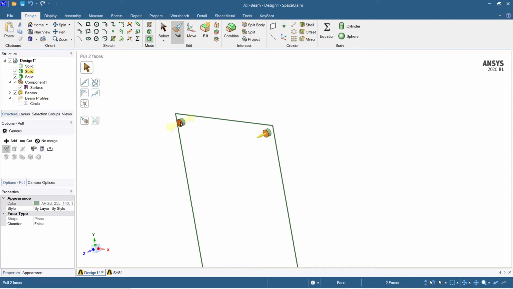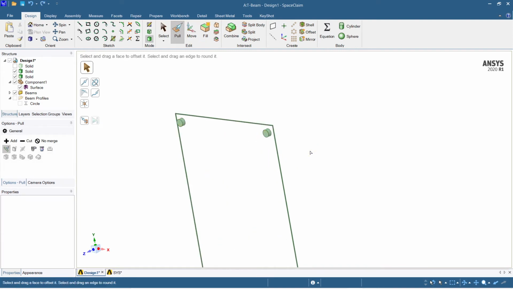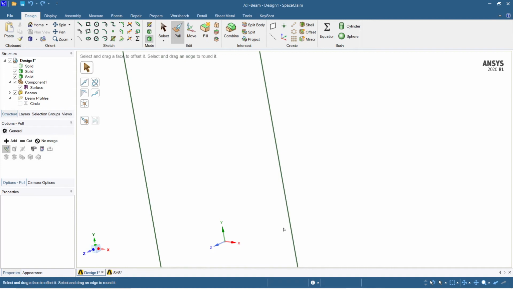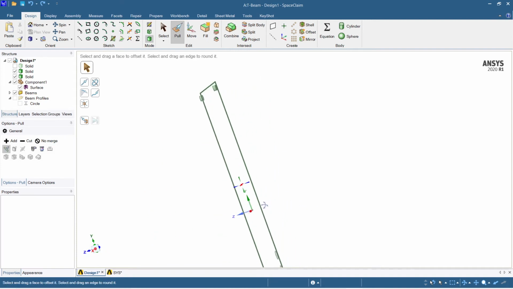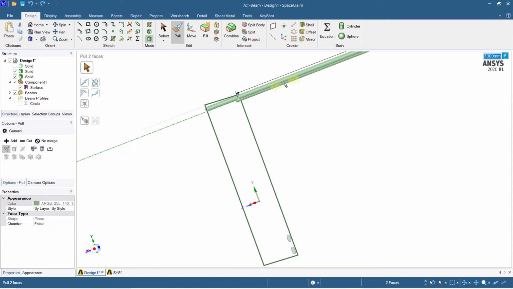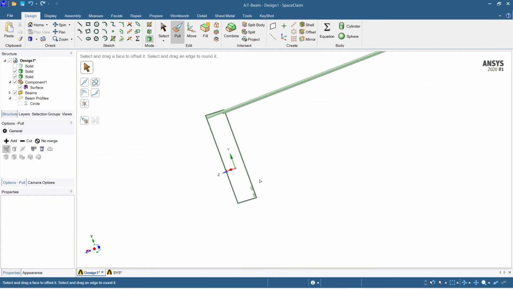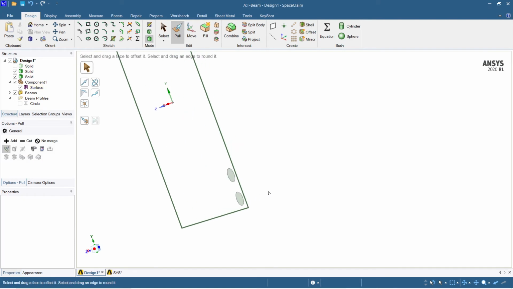Pull. We'll have this for some 10 mm. Let's take this for 7000 mm. Similar thing should be repeated here.